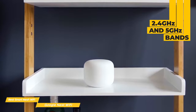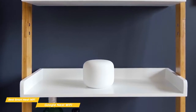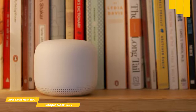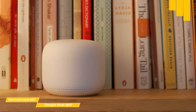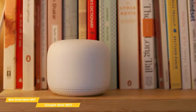And where you may have experienced great throughput when you were in close proximity to your old router, this mesh system will let you get great speed in outlying areas of your home that were once Wi-Fi dead zones. On its own, the router delivers upwards of 2,200 square feet of coverage, while each Wi-Fi point adds another 1,600 square feet. The benefit here naturally is that you could scale the setup accordingly to deliver proper coverage throughout the